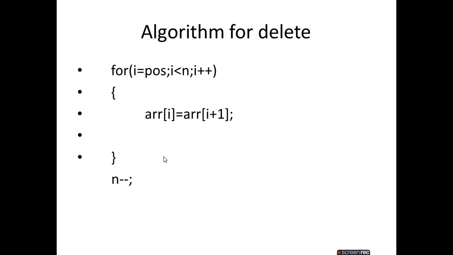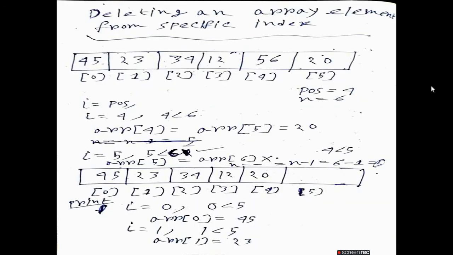Okay, I will show you the tracing of this algorithm. This is our array, for example. This is index 0, 1, 2, 3, 4, 5. First we select which index we want to delete. For example, I choose the pos value as 4, meaning at the fourth index I would like to delete the value. What is the value of arr of 4? 56. So we want to delete the value 56, and that's why I choose the pos value as 4. Index is 4; at index 4 we will delete the value.